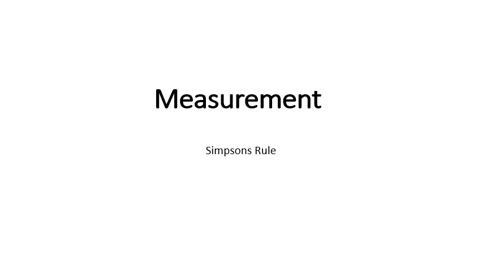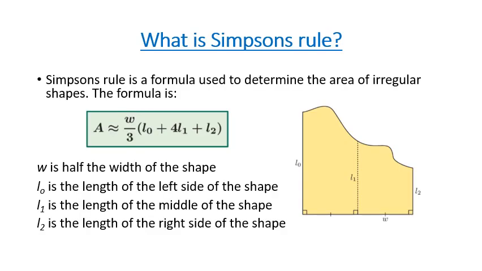Okay, this video tutorial looks at the mathematical strand of measurement, and we are going to focus our understanding on Simpson's rule. So Simpson's rule is basically a formula that we can use to determine the area of an irregular shape. And you can see that the formula is given in this green box here, where A equals W over 3